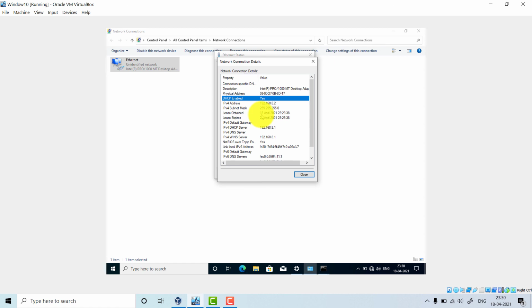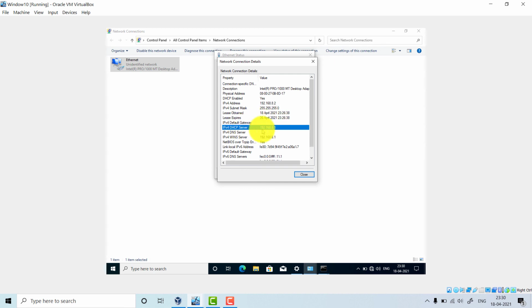We have given lease for 8 days. That means for 8 days, this Windows 10 client machine can use this 192.168.8.2 IP address. So it is actually called a temporary IP address. After 8 days, it will change. Usually it is given the same IP if it is available, but suppose that 8.2 is allocated to some other client machine, then this machine will not get 8.2. See, lease expires on 26 April. Same date and time. See, time also it is same. So you can check 18 plus 2, 20, and 20 plus 6, 26. So total is 8.